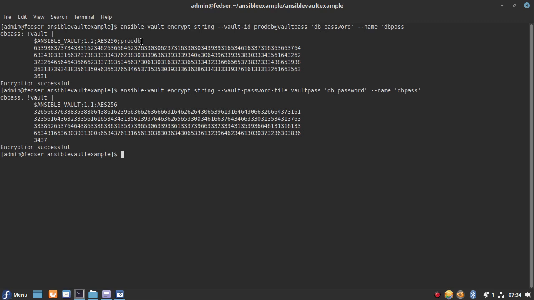So let's say I have given this prod db to help myself understand that this encrypted data is related to the prod database. Maybe it is a password for the prod database that we have encrypted in this content. Okay, so that is the purpose of vault id. Let me clear my screen.